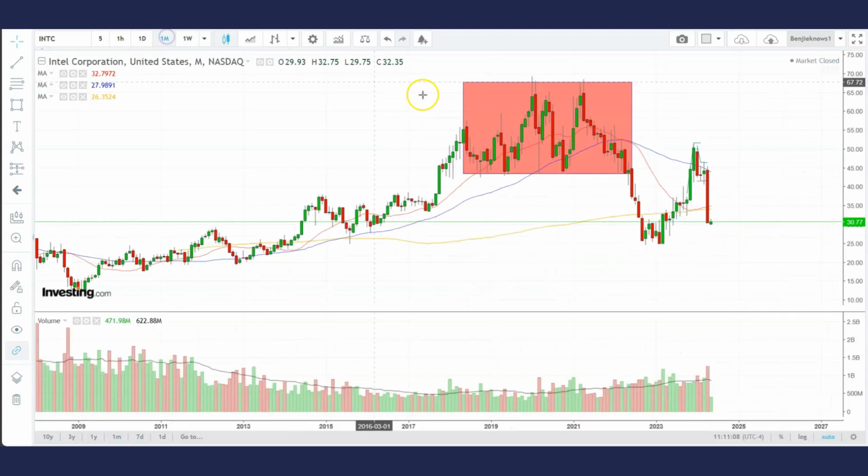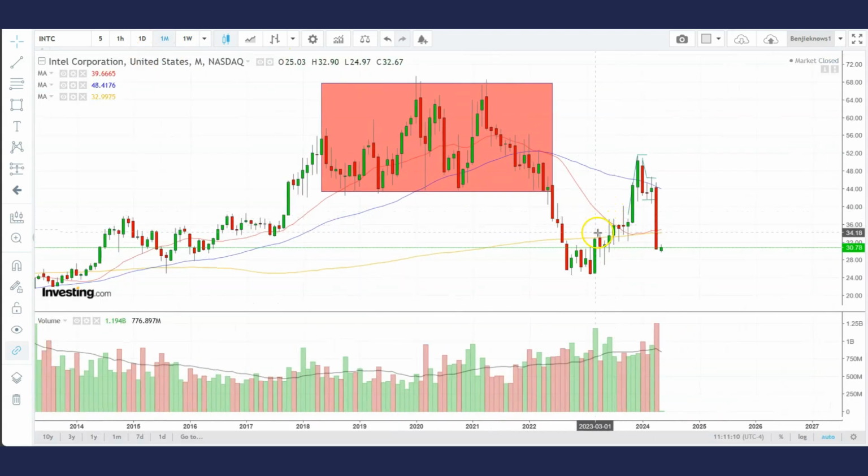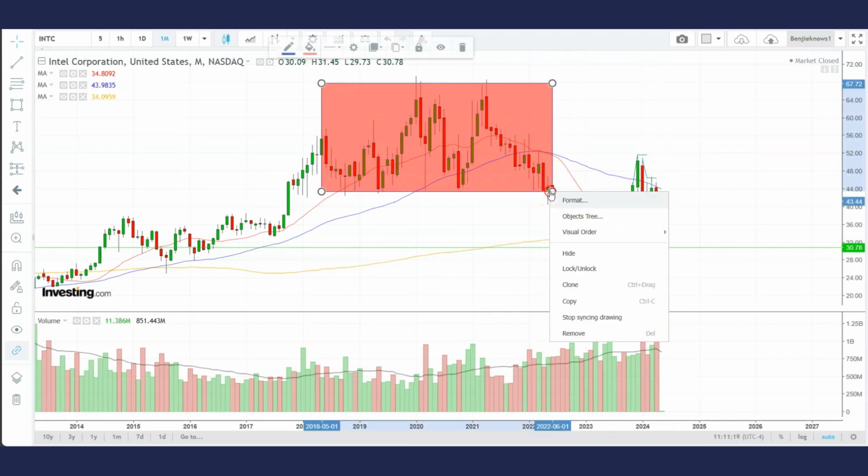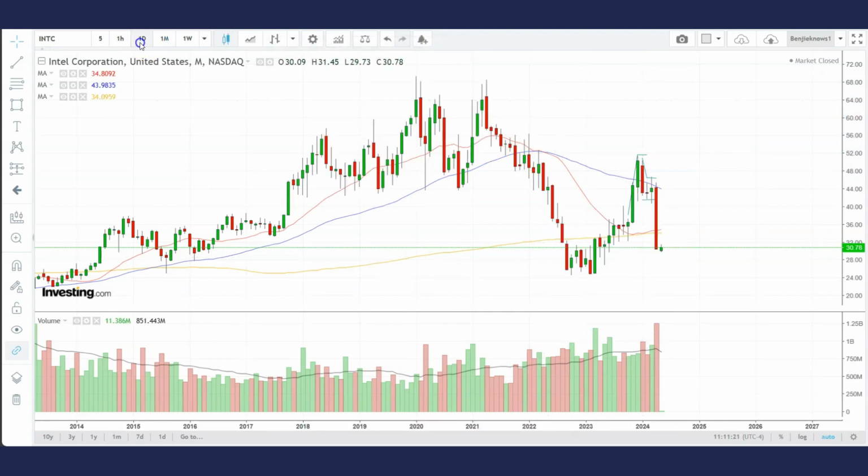If you look at the monthly chart, you can actually see things even more clearly. Stock went down, went up, unable to break through this whole area of supply, and then it goes down. Right, very interesting